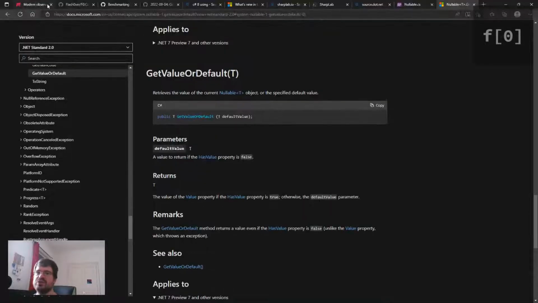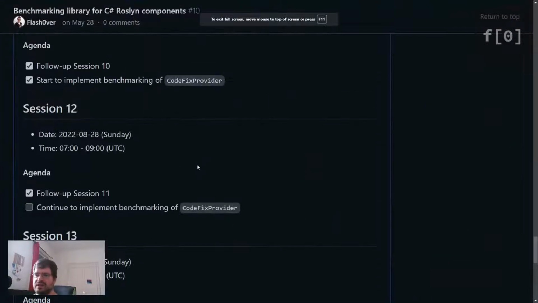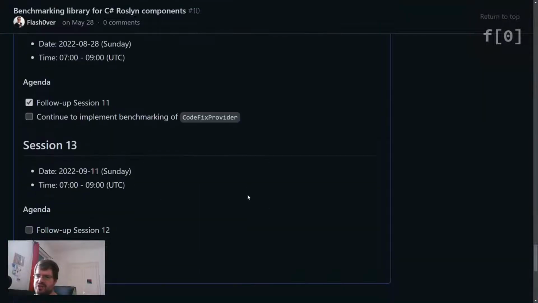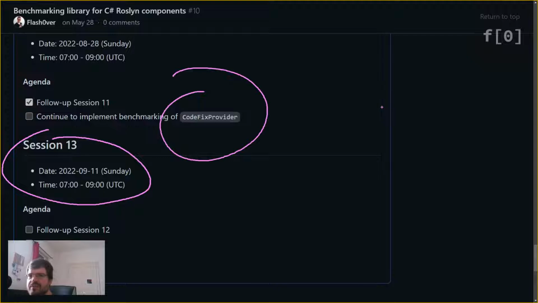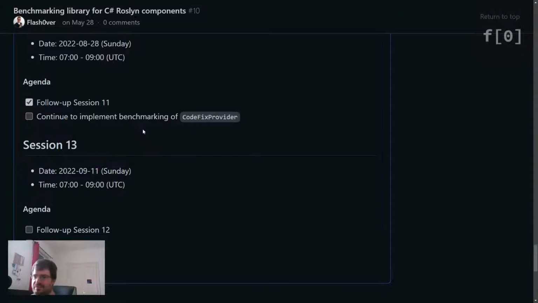Let's jump back to the, there we go. So this was session 12. We continued implementing the benchmark provider. So next time we maybe, if we don't finish, we should be quite close to finishing. So there's 1 or 2 sessions tops left to complete the code fix provider. However, next session is not next week, or at least not benchmarking time, because next week